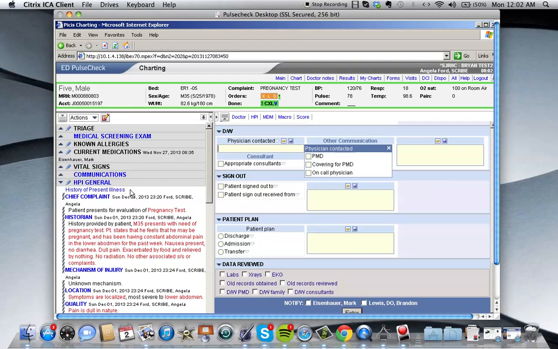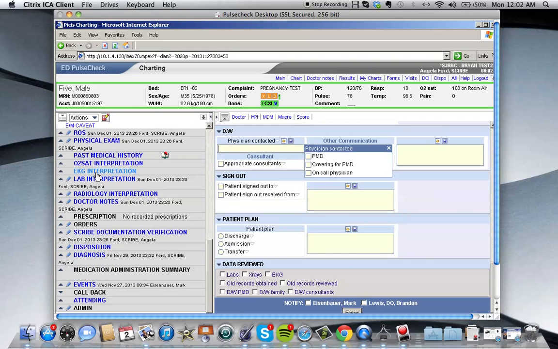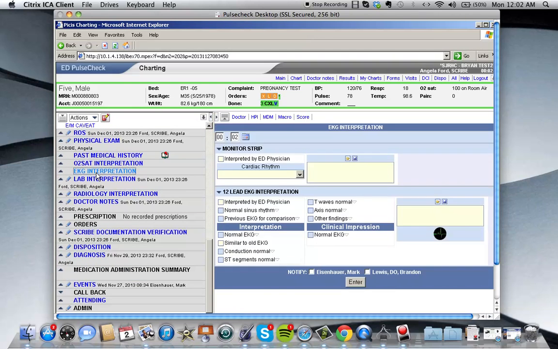So let's say the doctor reads an EKG and hands you a copy. You will go here to the left side of your chart and click on EKG interpretation. When you do, it will pull up this box right here. You're always going to be concerned with the 12 lead, so you can always ignore monitor strip. So now focusing on this area,